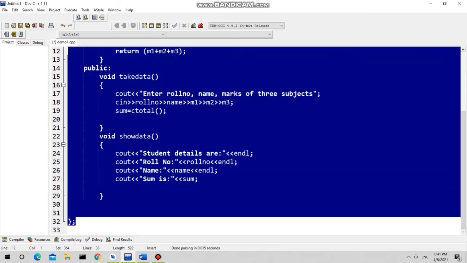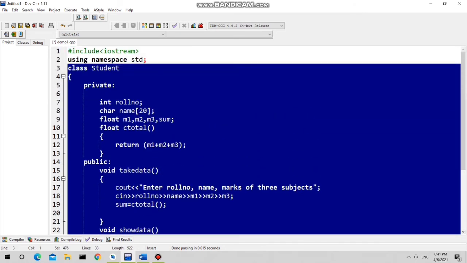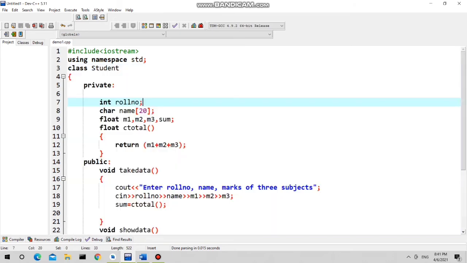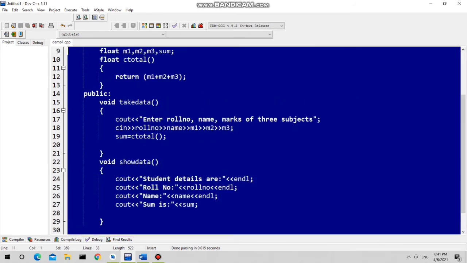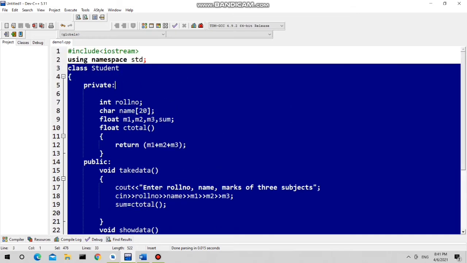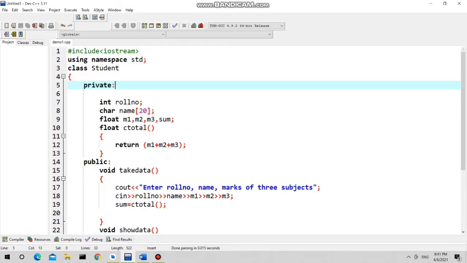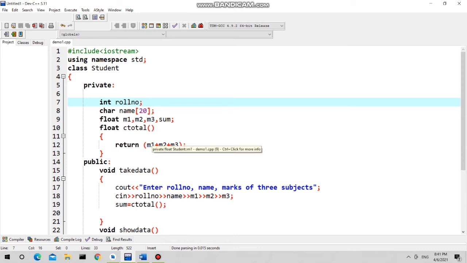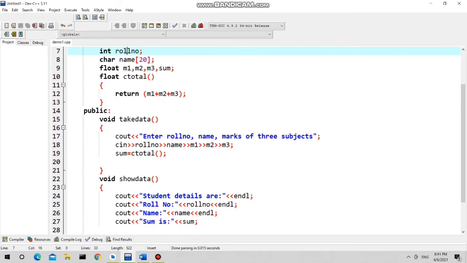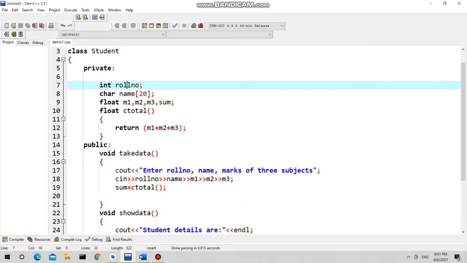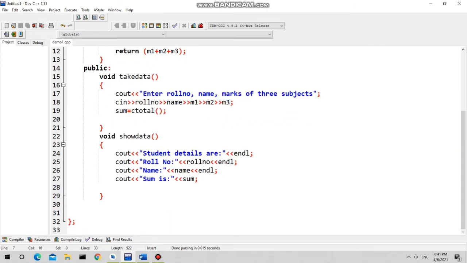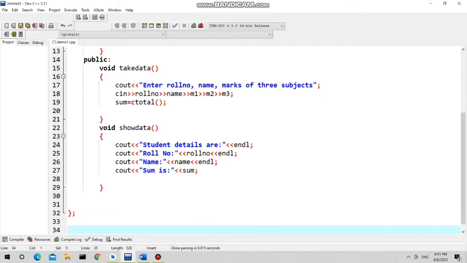So we have seen the class definition. This entire thing is class definition, and you know that already we have discussed this. The compiler won't allocate the memory for your class. This is just a template. Class is a logical entity, or it is a template from which the objects will be created, and the class contains the data members and member functions, and these data members may be private or public, depending upon the requirement of your software. Member functions again may be private or public, again depending upon the requirement. So this is what class definition.